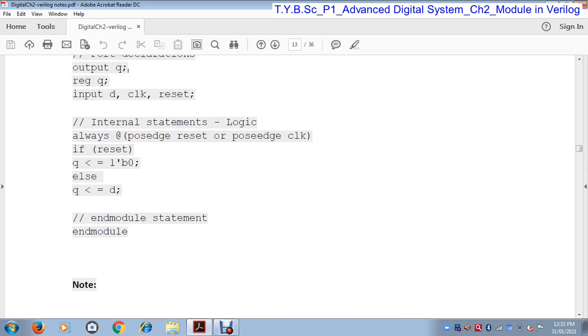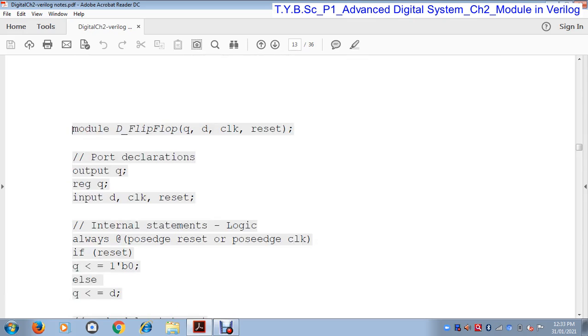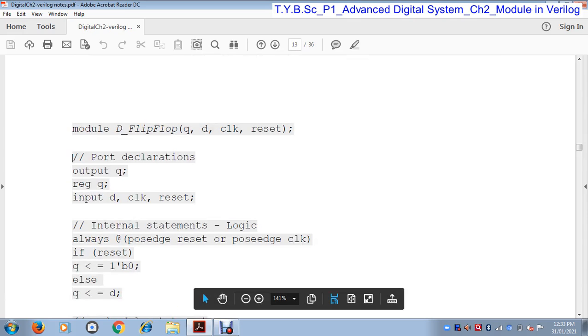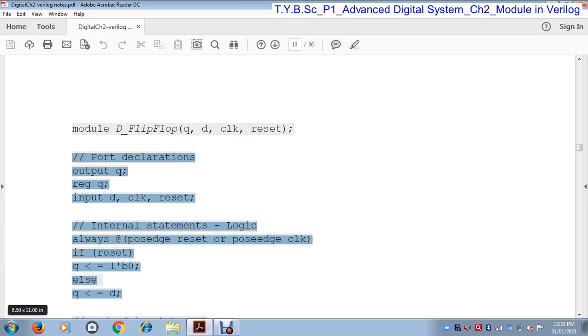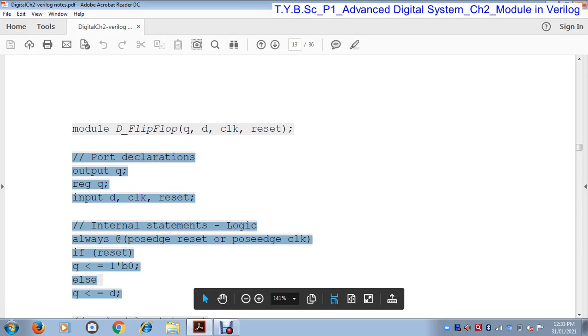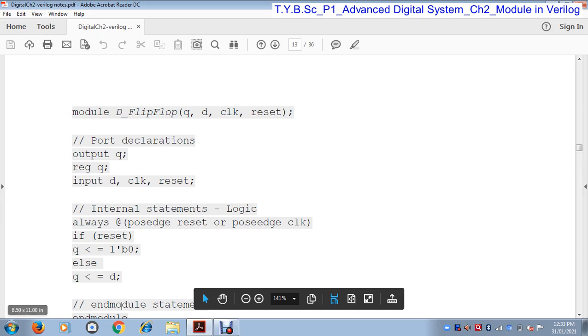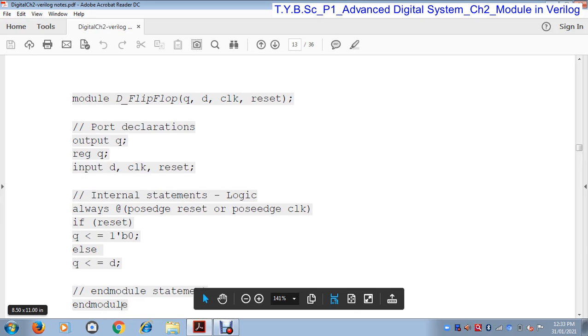All these components are optional. You can use any port, any logical statement, any data flow statement. These are all optional, but module name and end module are compulsory. They are there by default.